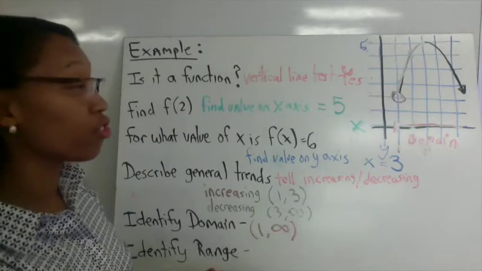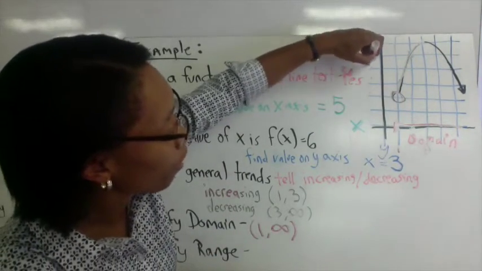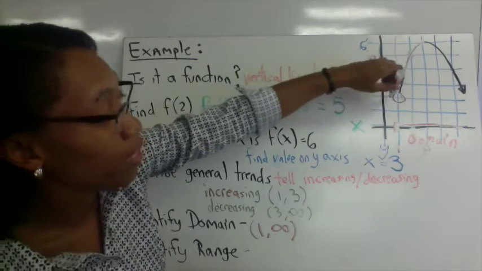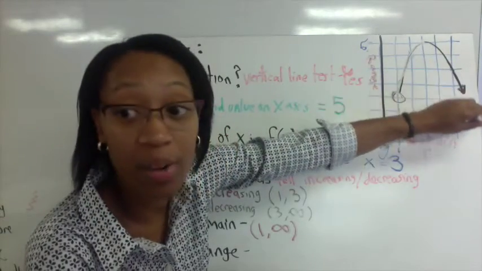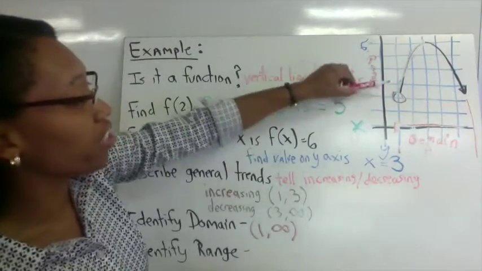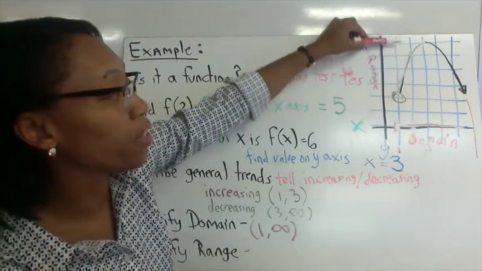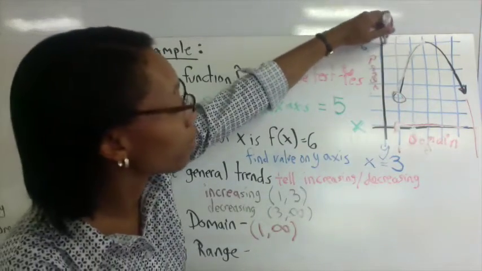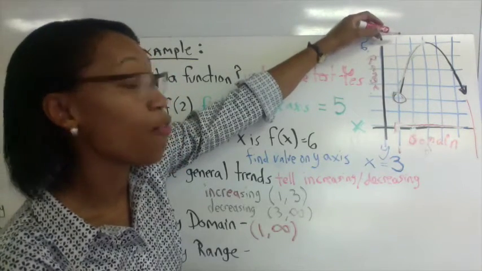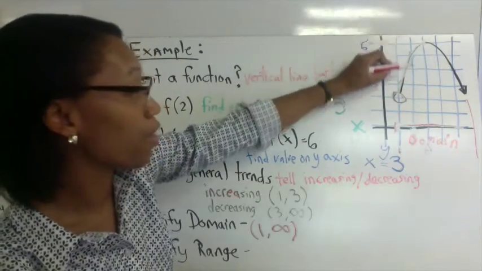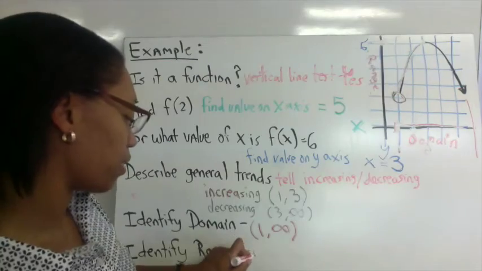What about my range? For my range, I have to see what the y values are covered. So now I'm going to look at my y-axis. Well, the lowest it goes here is 2, right? But then it looks like this arrow means it's going to continue to go down. So my range is going to go down all the way to infinity. But how far up does it go? It looks like the highest it goes up here is to 6. So I'm going to have everything from 6 and then the smallest being negative infinity. So my range is going to be, okay,